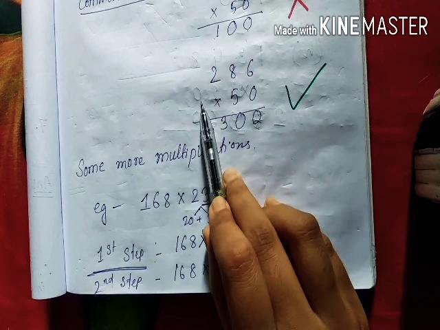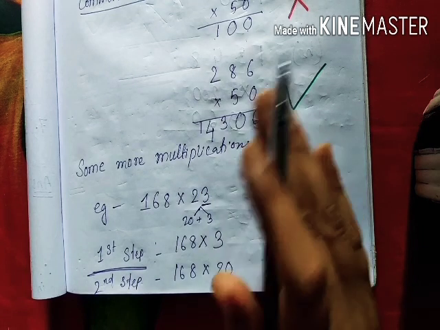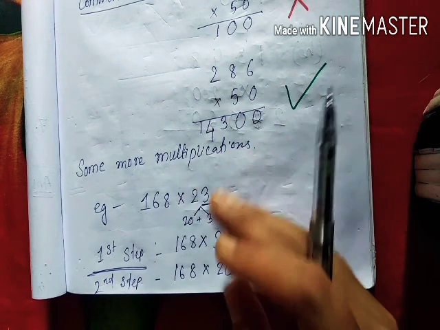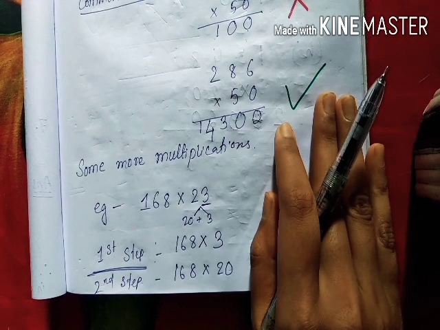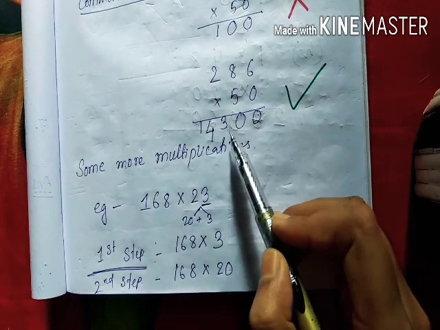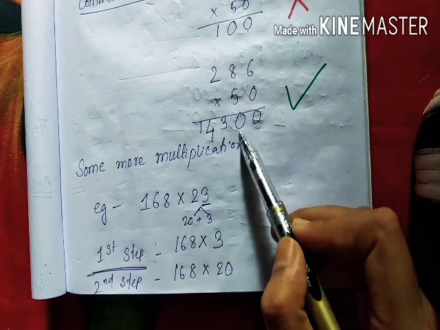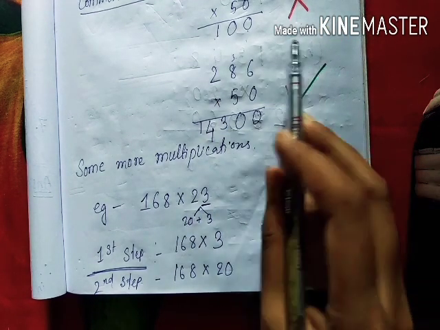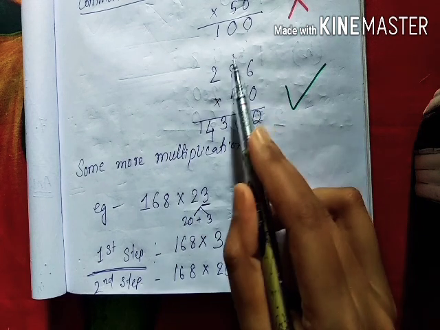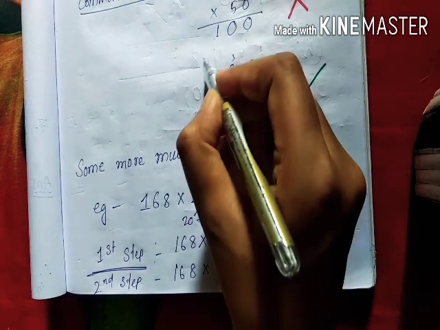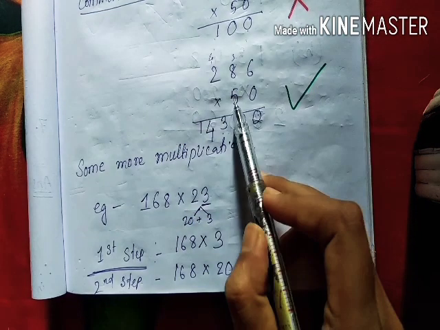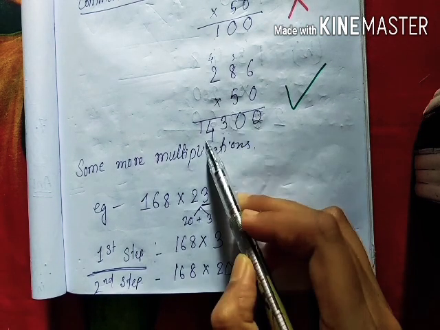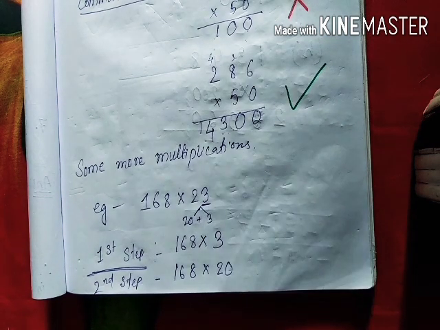Then you have to start with what? Tens place. Even if from tens place you are getting 0, that doesn't matter. Okay, that doesn't matter. You have to write that. So 5 times 6 is 30. So carry will be 3. Then 5 times 8 is 40. Then you have to do plus, right? So plus 3 will be 43. And again your carry is how much? 4. So 5 times 2 is 10 plus 4 equals 14.